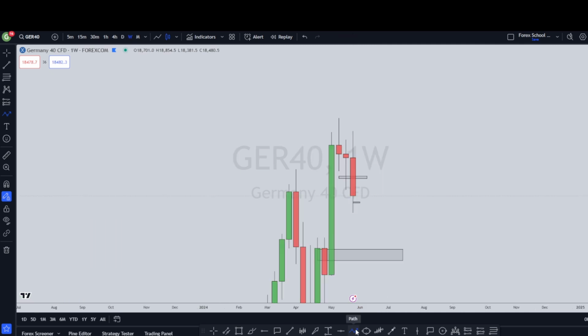pushing prices higher so price can come and test this resistance area. Hence, also on the weekly, this having been an impulsive move to the upside, with this correction, we expect the beginning of another impulsive move to the upside. So the 4-hour is bullish, the daily is bullish, and the weekly is bullish, as well as the monthly. And so we expect bullish moves in the market